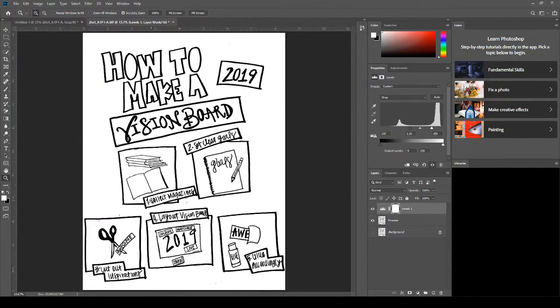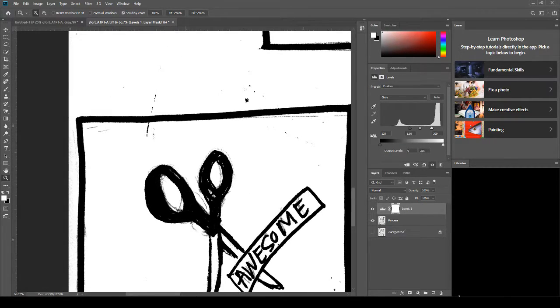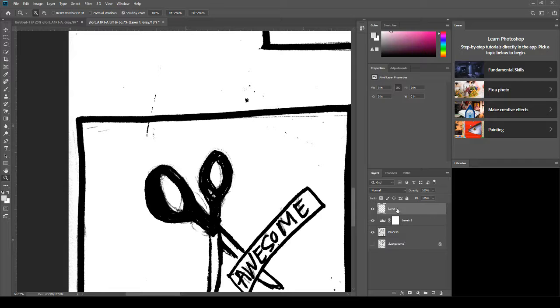The next step is going to be cleaning the image up. So what I'm going to do is add a new layer. I'm going to name this Touch Up. And I'm now going to work with the various selection tools and the spot healing brush and other things to clean up this mess. I want to make sure that sample all layers is turned on